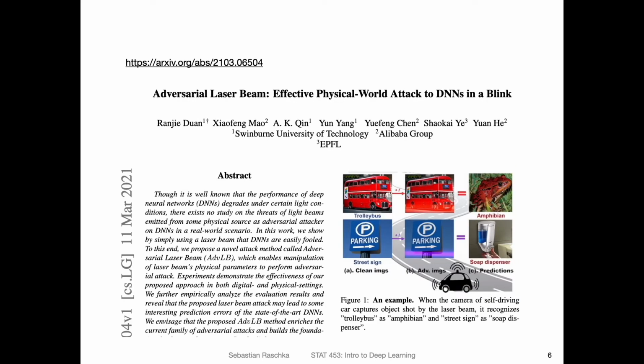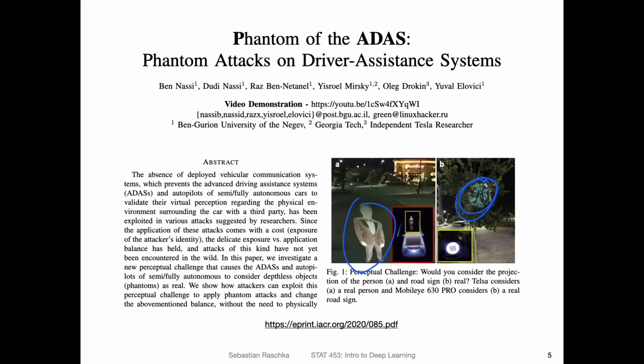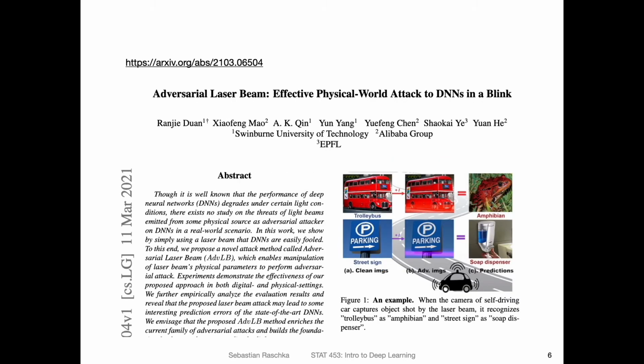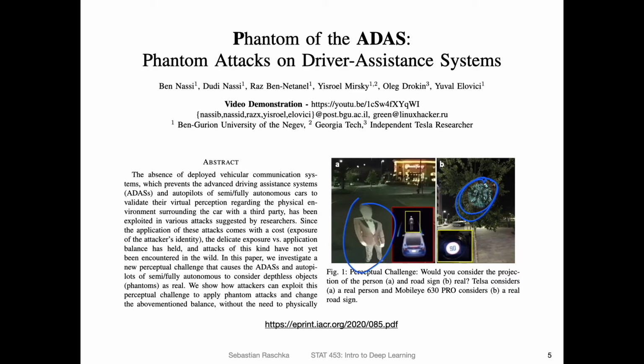So yeah, what I saw on arXiv was essentially an update of that, or I think these are different authors, right? Yeah, but it was essentially a pretty interesting project where they did something similar with laser beams. So here they essentially projected laser beams into the image, and by that they could also fool the cars. So I think this one definitely takes more effort if you are, let's say, a malicious actor and you want to, for some reason, fool the car.